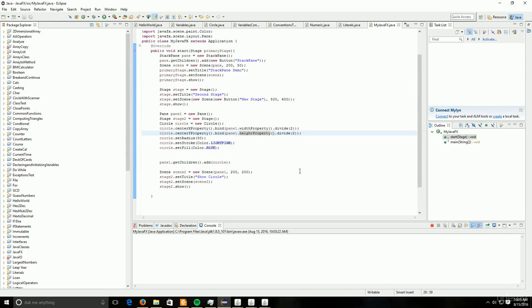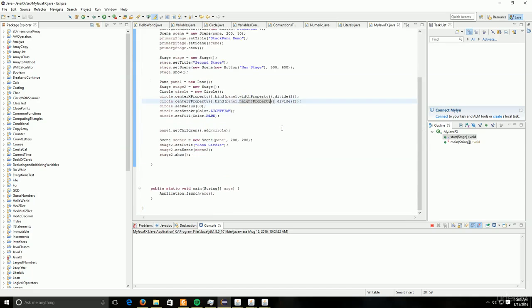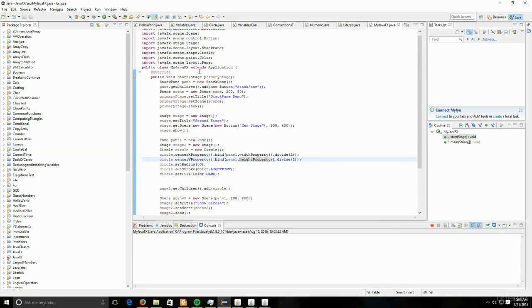Now the bind method is defined in the JavaFX.beans.property.property interface. This interface is by default implemented and imported with every JavaFX application, so we don't need to implement it. That's why we don't have to say implements, because it's auto-loaded. The source object and the bind method are going to be instances of this interface, but the source object, interestingly, is also an instance of the